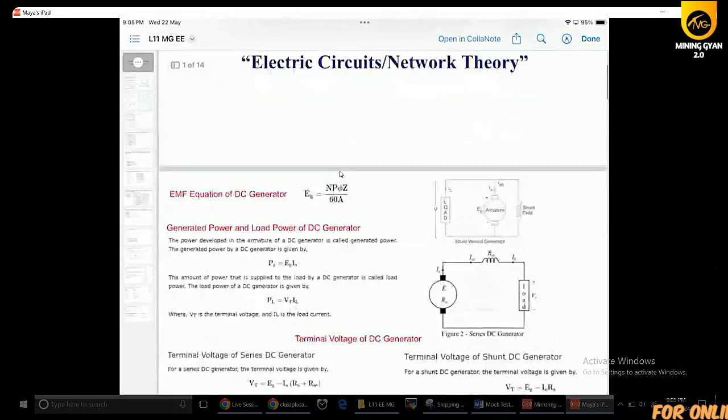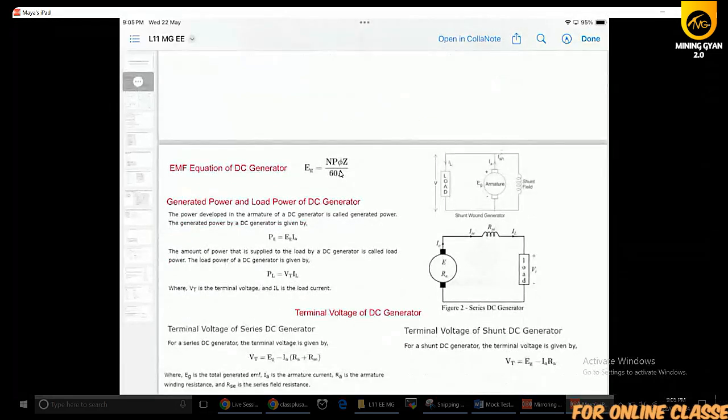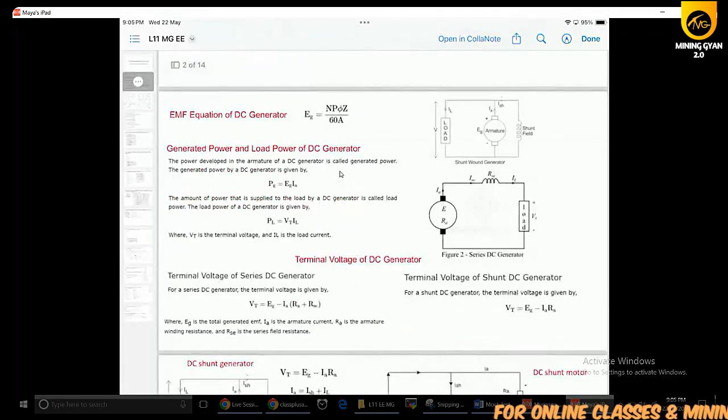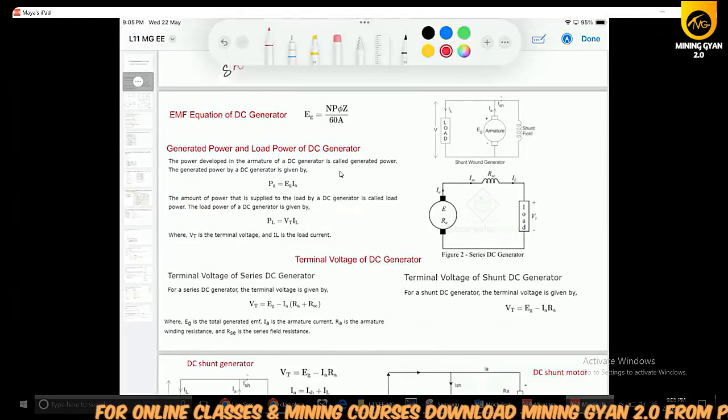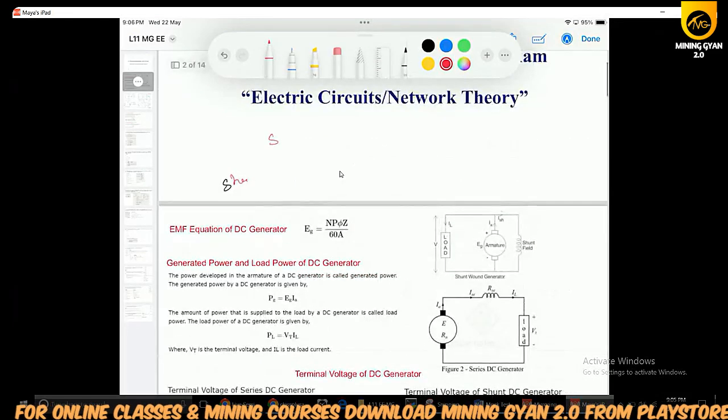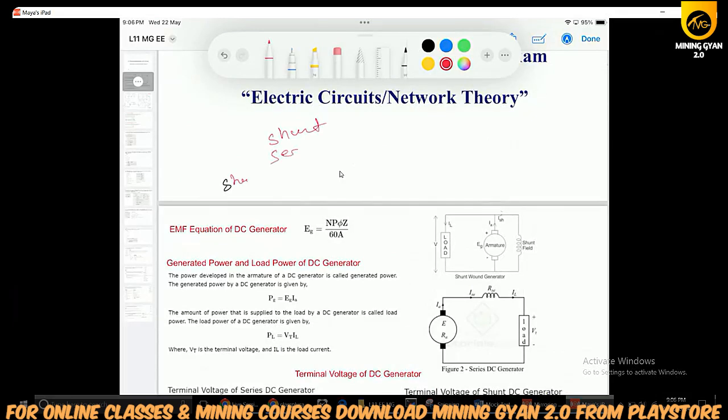So today we will cover the rest of the topics of DC machines. The DC machines will be of two types: DC generator or DC motor. In both the cases there will be three configurations, means the circuit configuration: shunt, series, and shunt series combination. That will be called as what? Compound. So that will become complex for you.